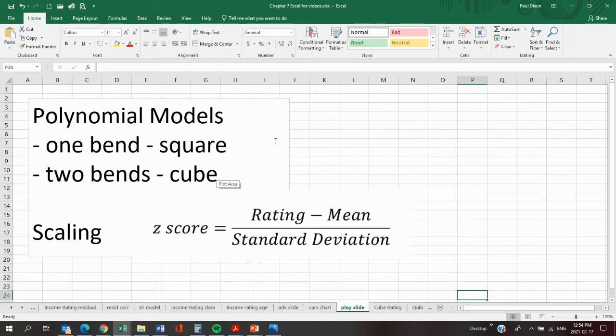So very often, when you've got variables that are of different sizes, then scale them so that they're of a similar size. And the most popular method for scaling is to find a z-score. So with ratings, take the average rating, divide by the standard deviation of the ratings. And z-scores tend to be between -2 and +2. Sometimes down to -3, maybe even -4, sometimes up to +3 or even +4,